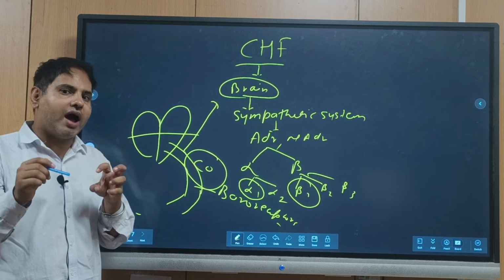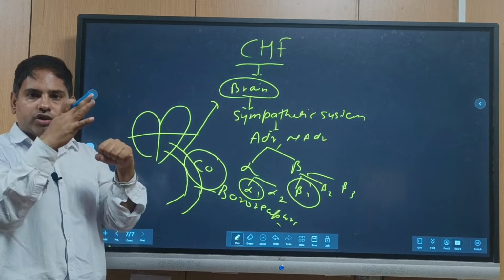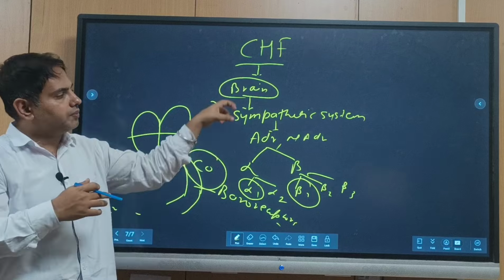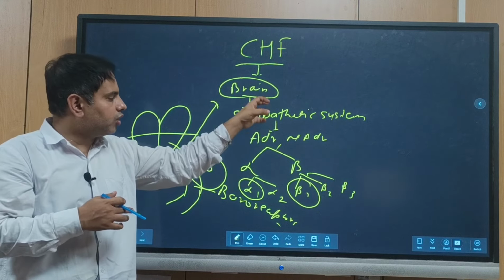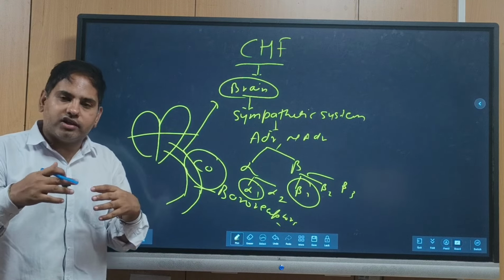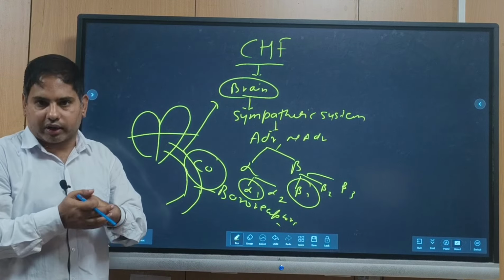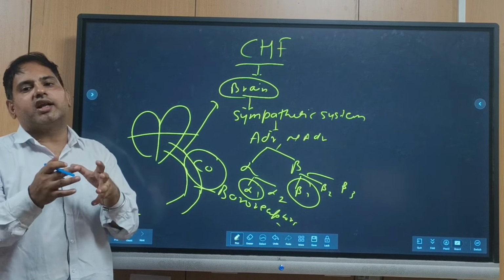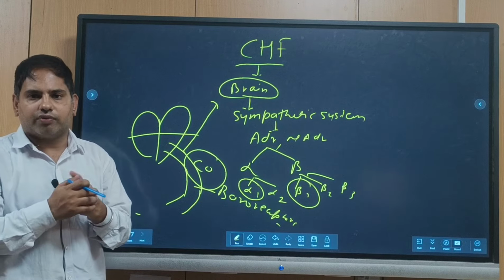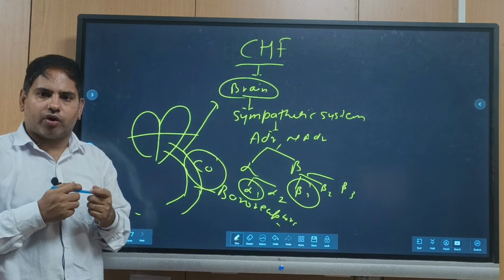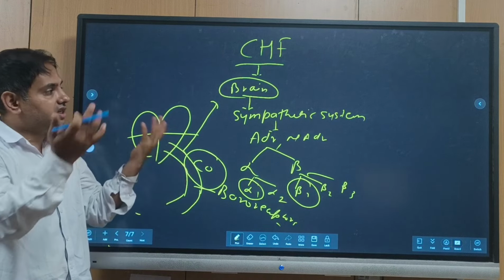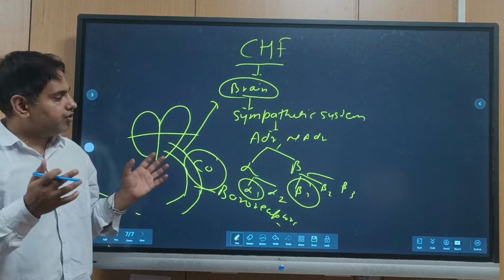That angiotensin 2 has receptors on the blood vessels and results in vasoconstriction. Angiotensin 2 will also stimulate your sympathetic system, and stimulation of the sympathetic system will again result in increase in cardiac output. Simultaneously, angiotensin 2 will also stimulate the adrenal cortex, which will release aldosterone. Aldosterone acts on the proximal tubule of the kidney and does the reabsorption of sodium and water. So this is all the compensatory mechanism by which the body is trying to maintain your cardiac output, which is decreased in heart failure. But in the long run,